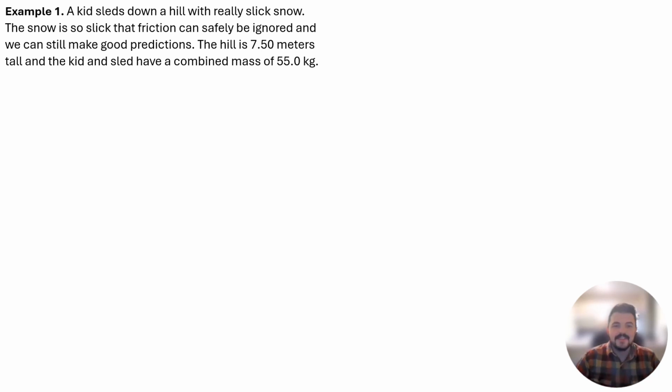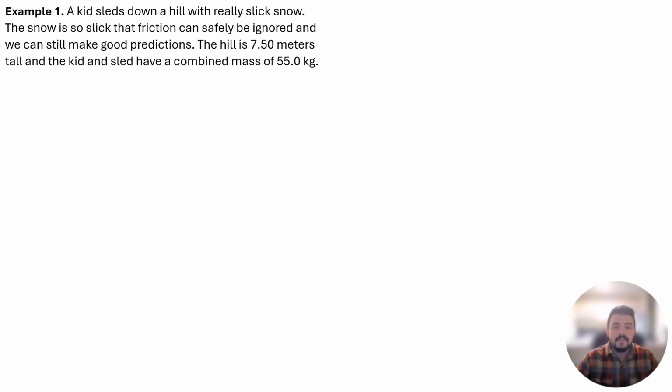Hi there, folks. In this video, we're going to go through the first example problem of a few example problems around energy. In this situation, a kid sleds down a hill with really slick snow. This snow is so slick, in fact, that friction can safely be ignored, and we can still make good predictions about what will happen. This hill is 7.5 meters tall, and the kid and the sled together have a combined